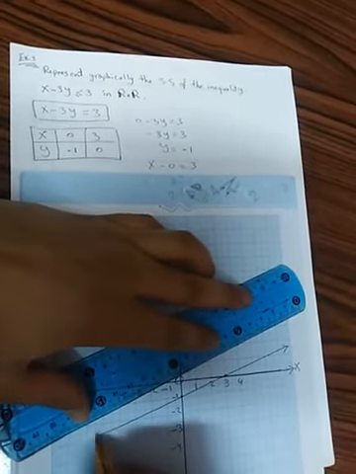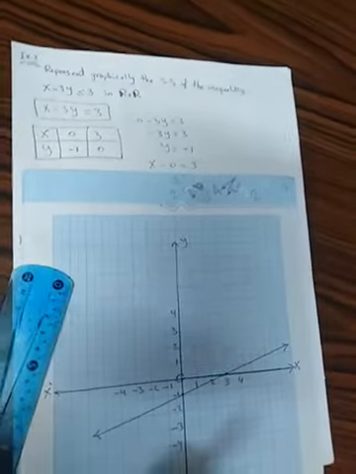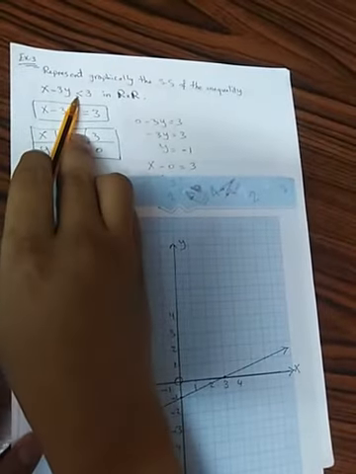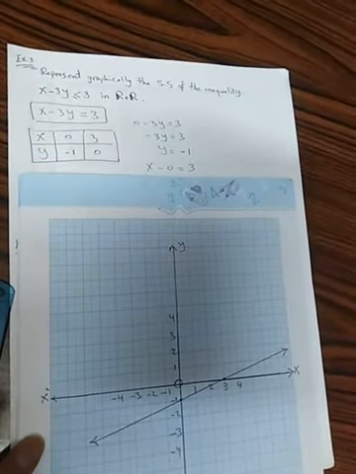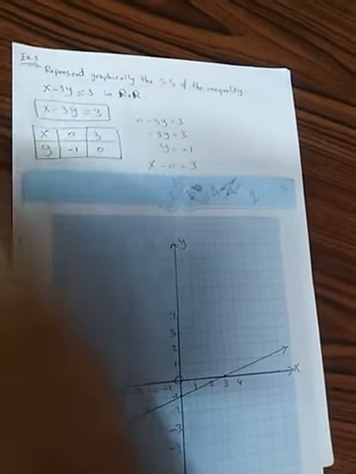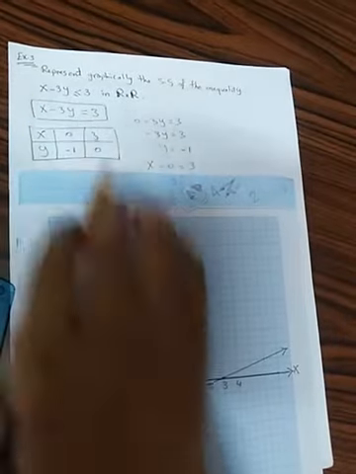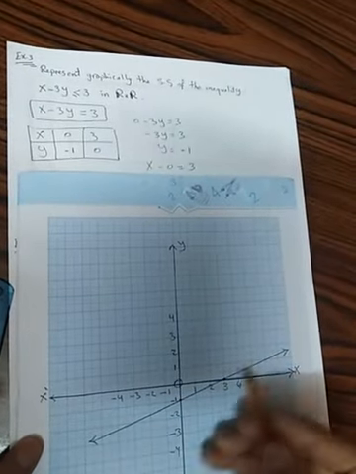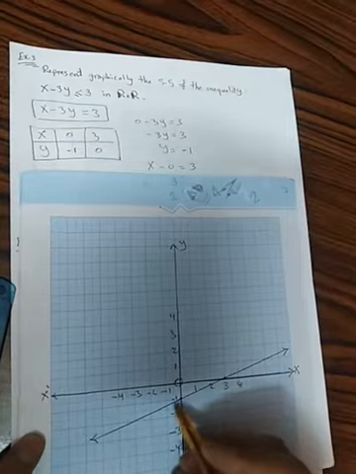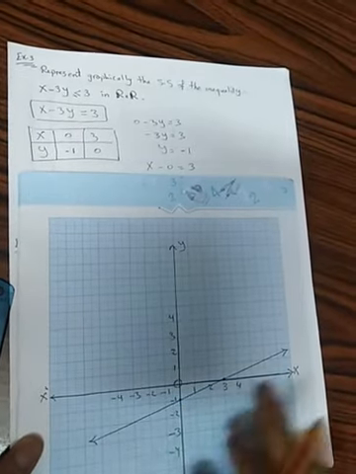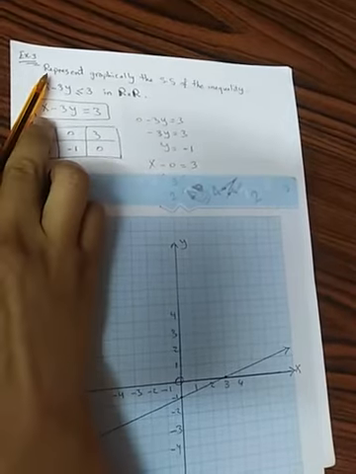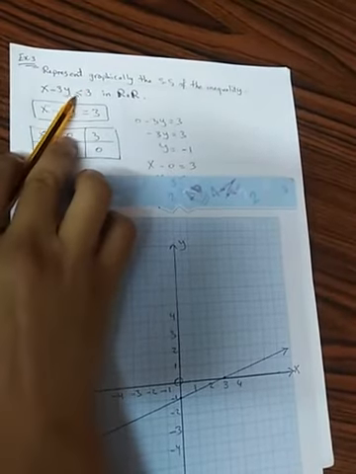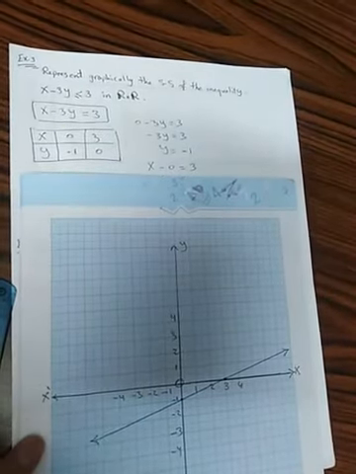Solid, not dashed, because we have equal. We have here less than or equal. If it was less than only or more than only, then this straight line would be dashed. Hence I drew the straight line, but the solution was an inequality. Hence we will test